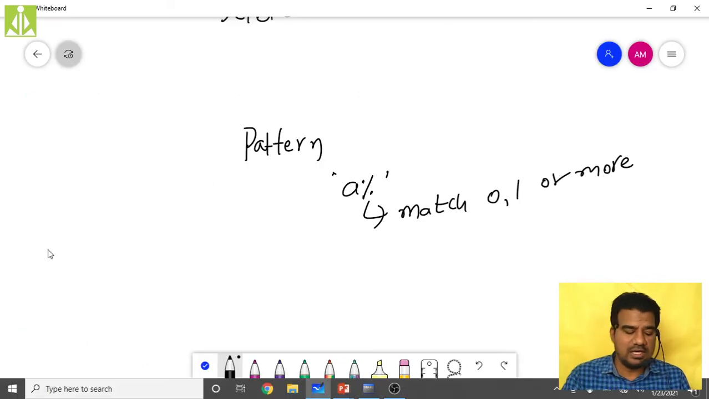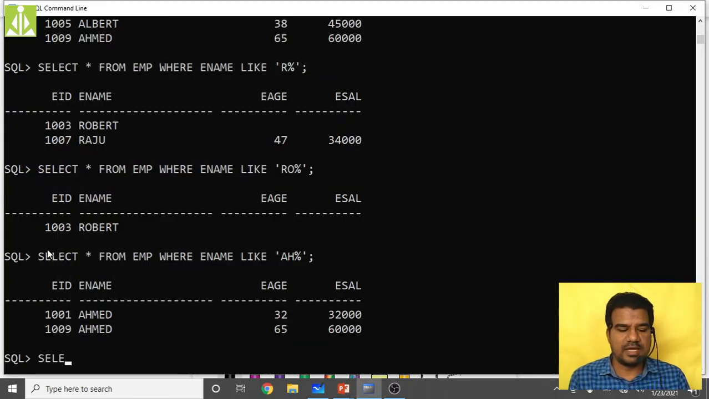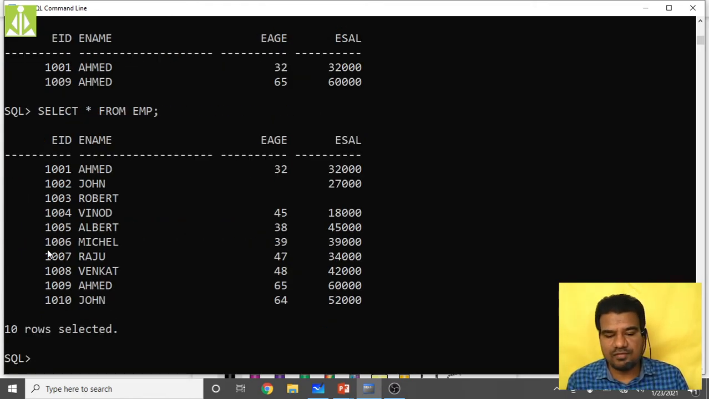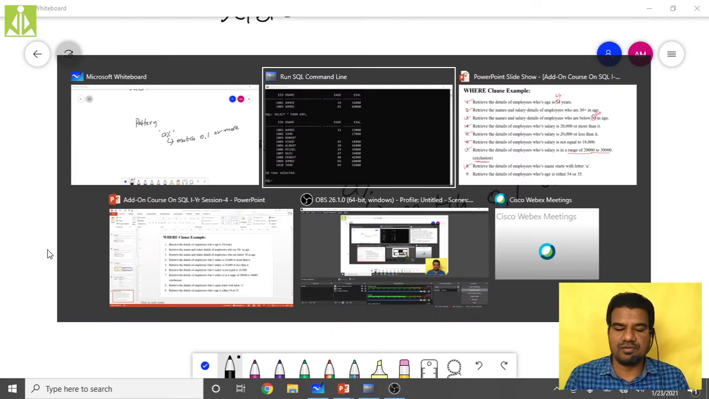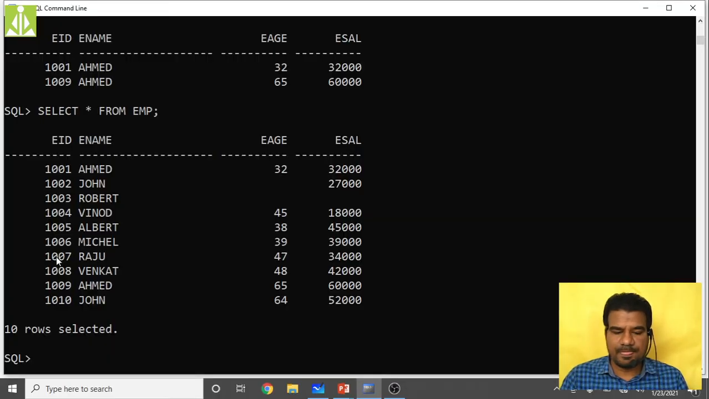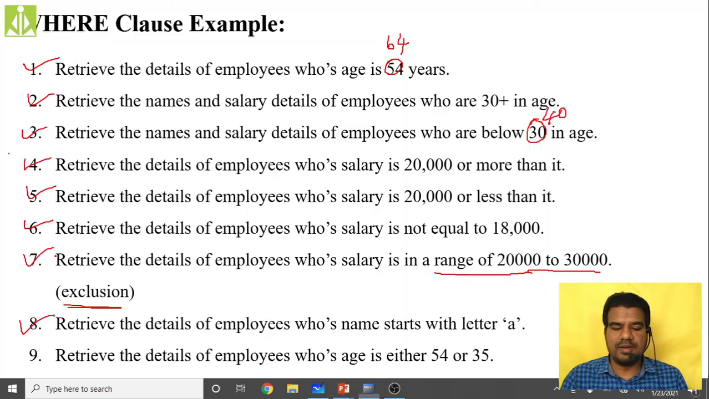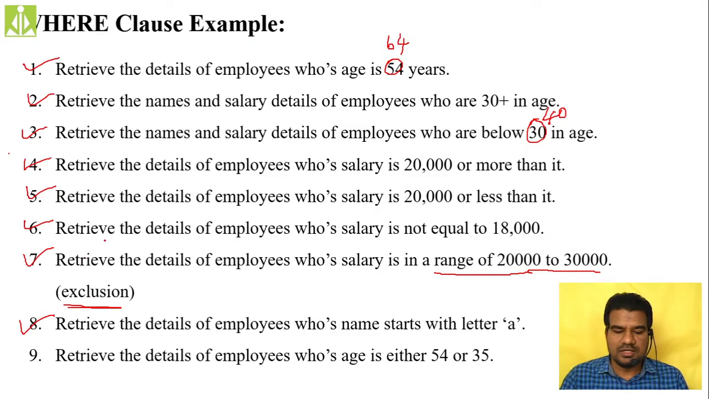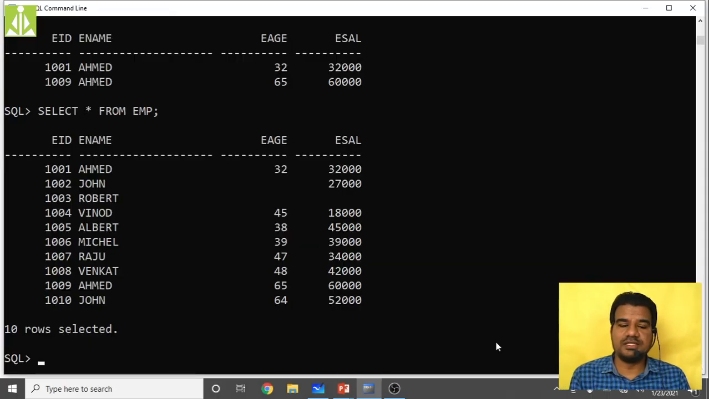Once again you go to the table, select star from emp. Here we don't have 54, so we make it 64. Do we have 35? 35 also we don't have, right? So we make it 38. Just correct this value as 64 and this value as 38. Okay, 38 and 64. I want to retrieve the details where their age must be either